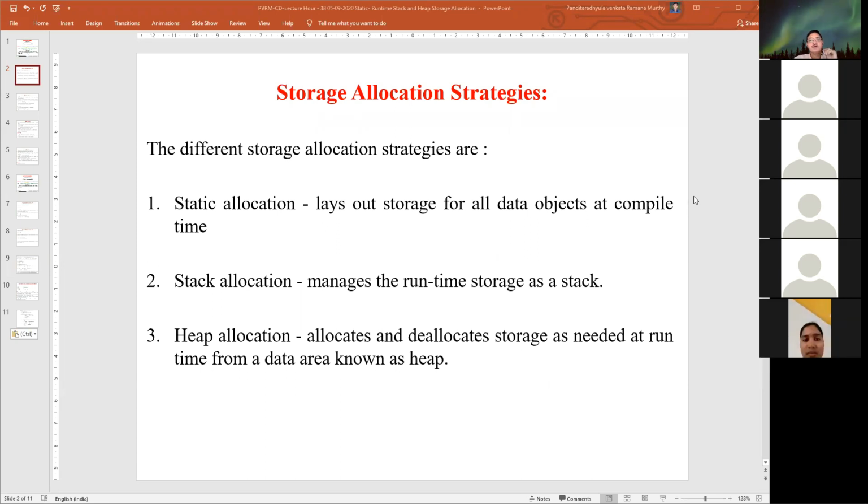Static allocation is done at compile time. Stack allocation during runtime allocates the memory on the stack. And one more type of allocation is the heap allocation. That memory can be allocated and deallocated to the storage as and when required at runtime from the specialized data area called a heap. Specifically, these heap memory allocations are scattered memory locations joined together with links. Okay, right.